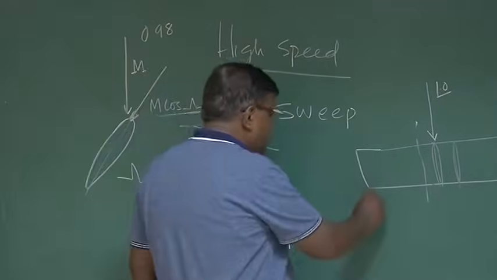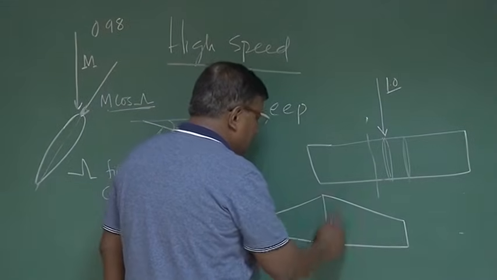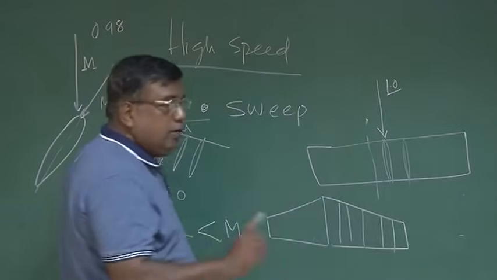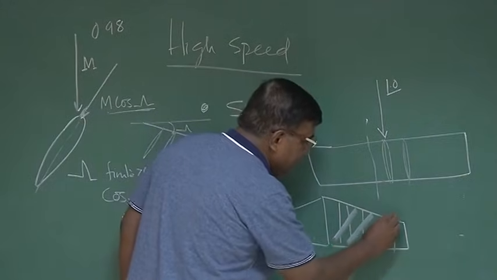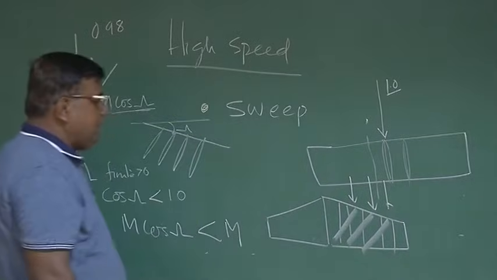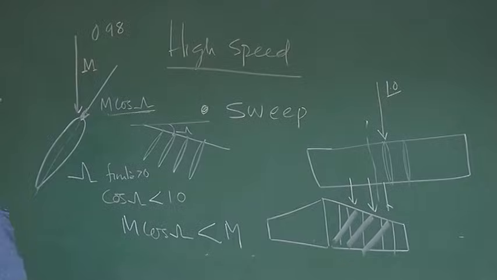But if somebody shows you a platform like this, and the aerofoils are staggered like this, then definitely it is not sweep back. Because for sweep back, the aerofoil has to be staggered like this. The flow is coming like this. So the first case is not at all a sweep back, it is simply a taper ratio case.